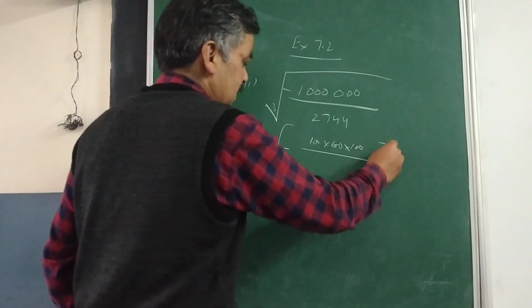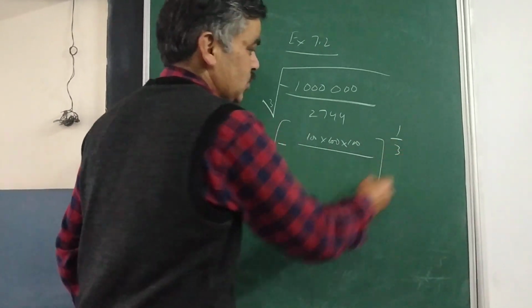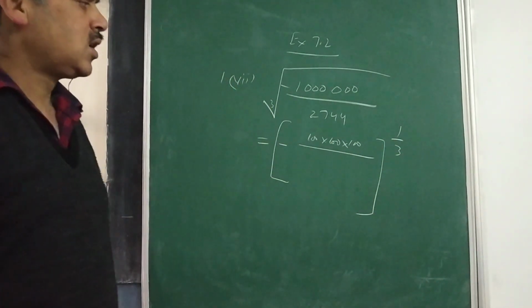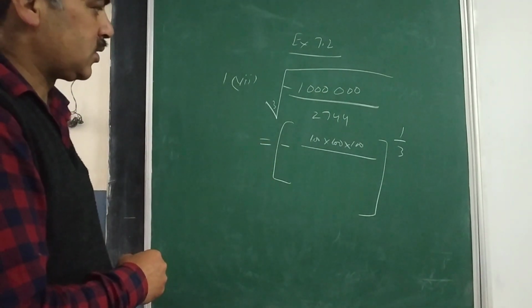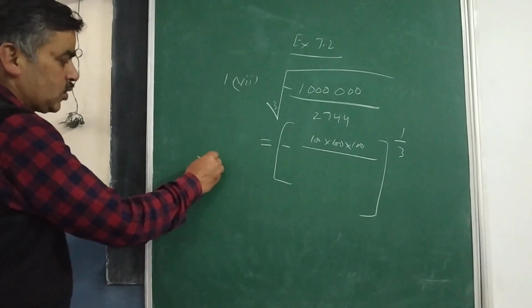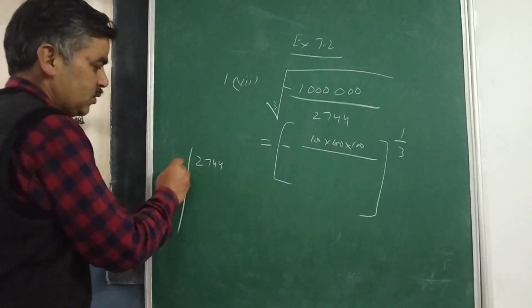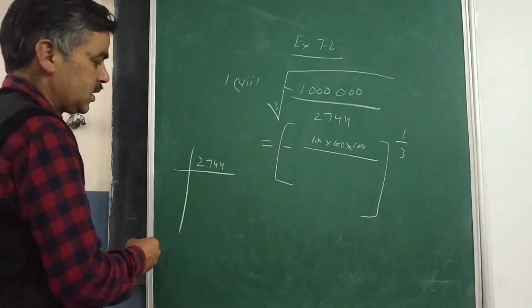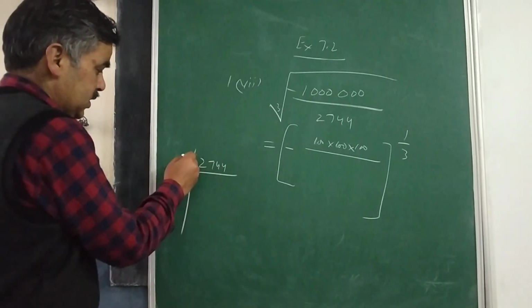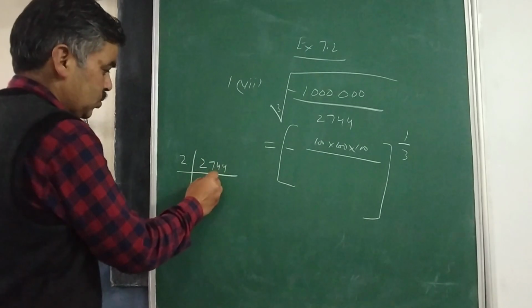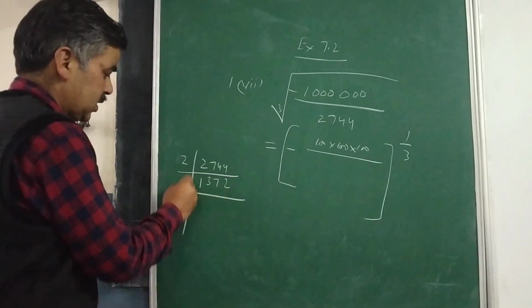So that means the power, if I am taking case of square root, the power we are taking is 1 upon 2. In cube root, always the power we are taking is 1 upon 3. So similarly, for 2, 7, 4, 4, again you have to see what are the prime factors there. So prime factors you can see are 2 1s are, then 2 3s are, 2 7s are, 2 2s are.